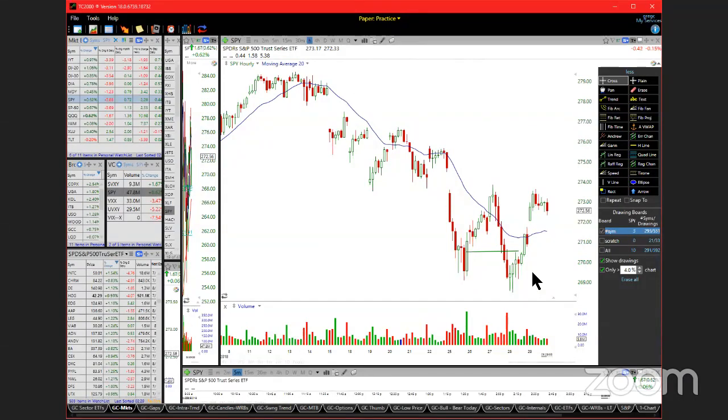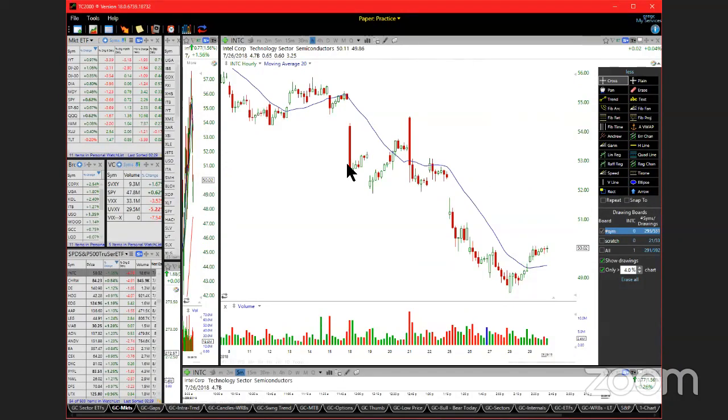Lead is asking me if the 2 red candles don't constitute enough of a drop. I guess we would go back to Intel, Lita, because that's what you were originally asking me for. On the hourly, no. This is a W bottom. We have a definition. It has to make,